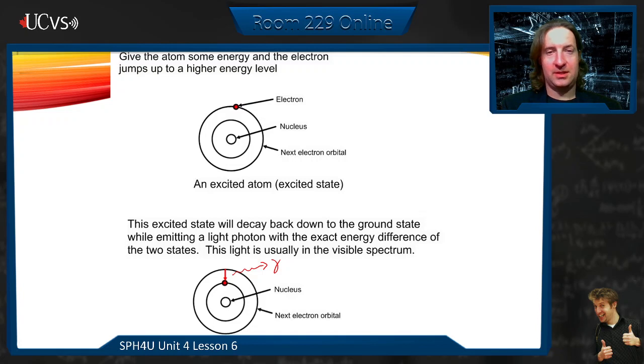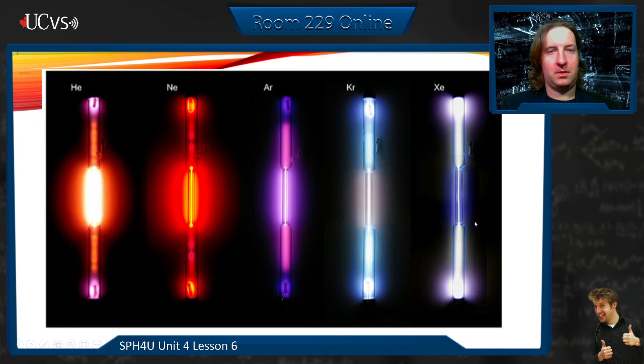And a lot of the time, this is in the visible spectrum. Here are what we call discharge tubes. These are when we take a gas, like helium, neon, argon, krypton, or xenon, and we put 5,000 volts across it. So there are going to be 5,000 volt electrons being launched from the anode to the cathode,